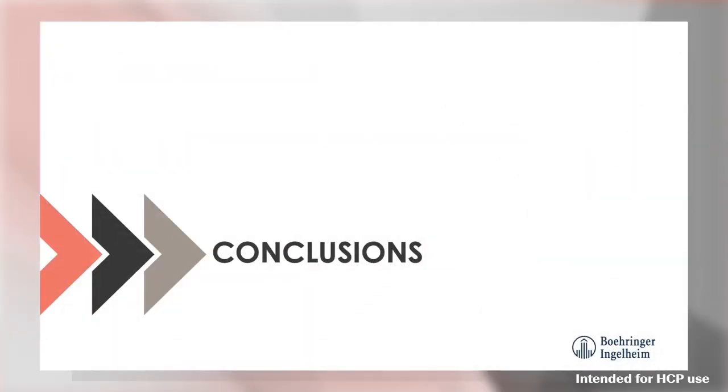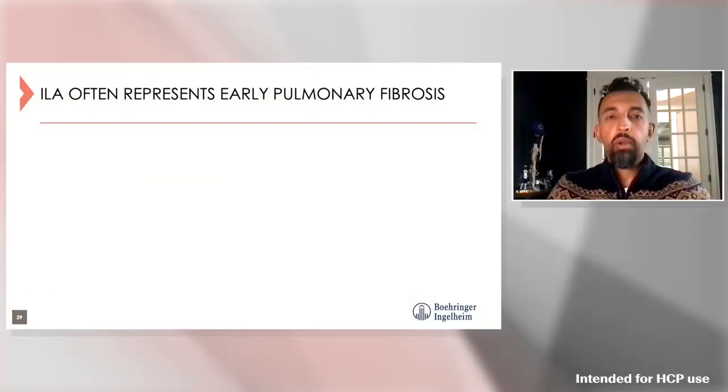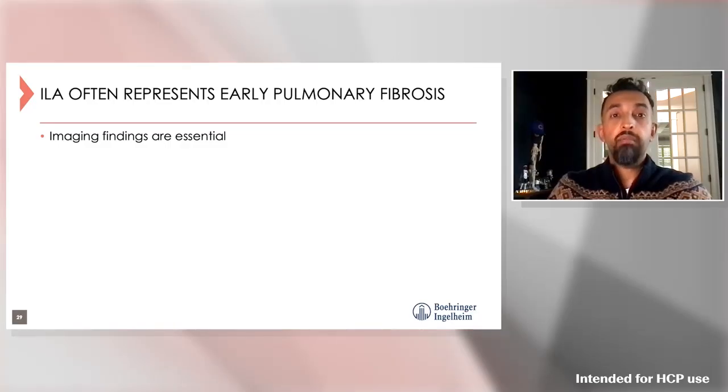Okay, now let's conclude this talk on interstitial lung abnormality. So remember, when you're reporting interstitial lung abnormality, know that ILA often represents the earliest form of fibrotic lung disease. These imaging findings are essential whenever you're describing the findings that may give a patient ILA. So I'm looking for the findings of basilar reticulation with traction bronchiectasis. We're determining if follow-ups are necessary, but I would argue that they are necessary because you're seeing the earliest time points of fibrotic lung disease, and I want to see if this patient is going to progress.